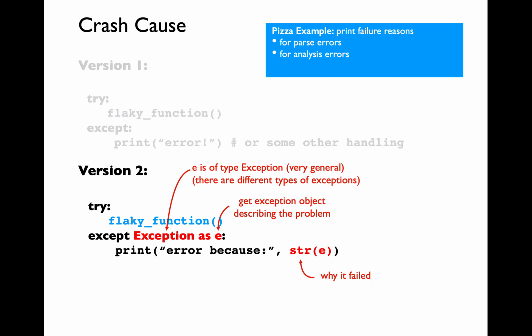Exceptions are types in Python. Just like how you can instantiate types of list and dictionary, you can also instantiate the exception type. We are going to do that by specifying the name of the type, which is going to be Exception with a capital E. Then we'll be using the keyword as. Finally, we'll be typing the variable name, which is going to store the reference to the exception object instance. Within the except block, we are going to use the string typecast function to cast the exception object instance in order to display the reason.